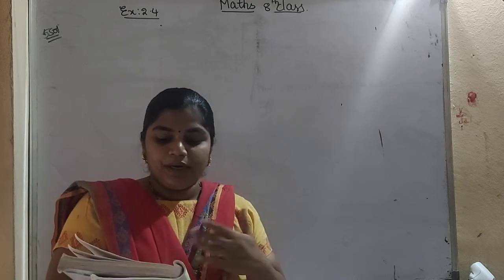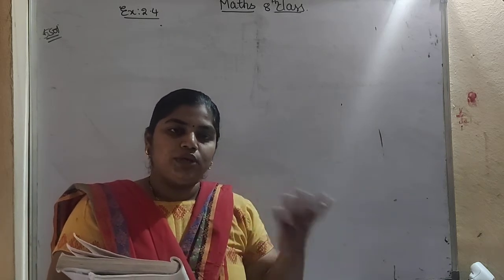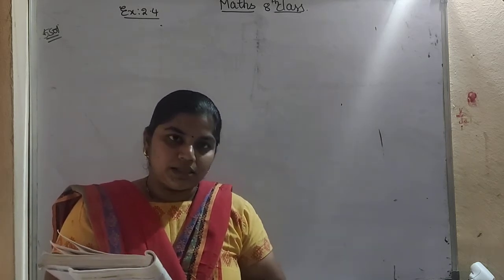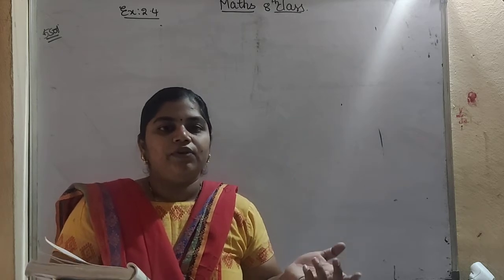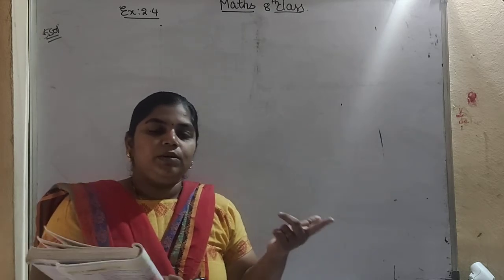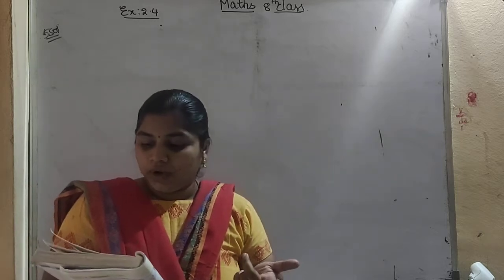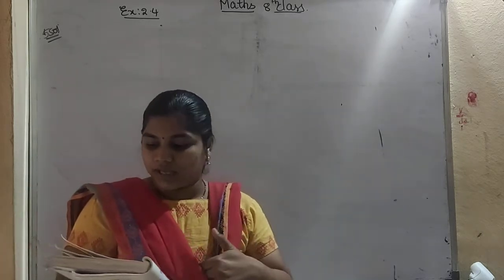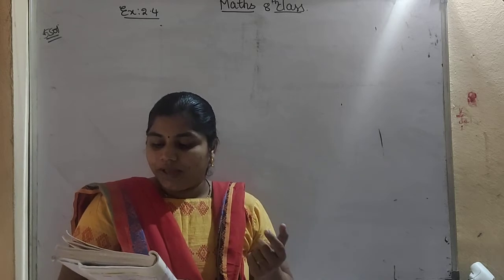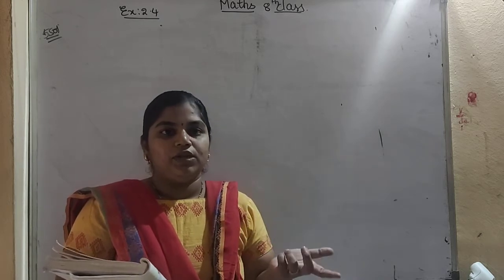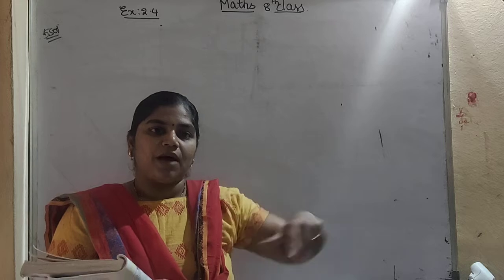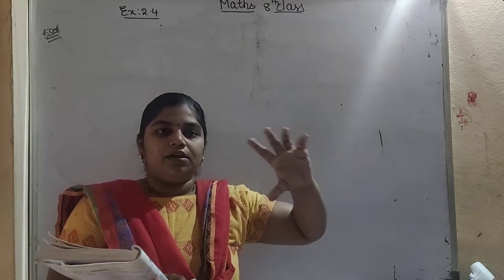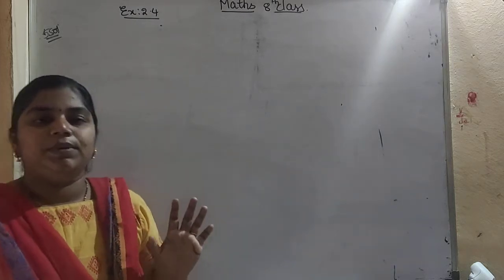If I triple a number and add 2 to that, tripling a number means 3x, and we have to add 2 to that, so that will be 3x plus 2. I get the same answer, which is nothing but the equal to sign, as I do when I subtract the number from 50. So the LHS and RHS parts will be equal.